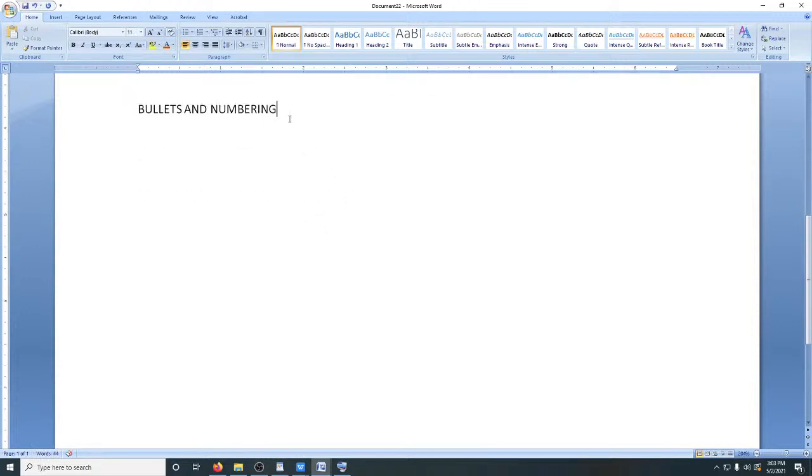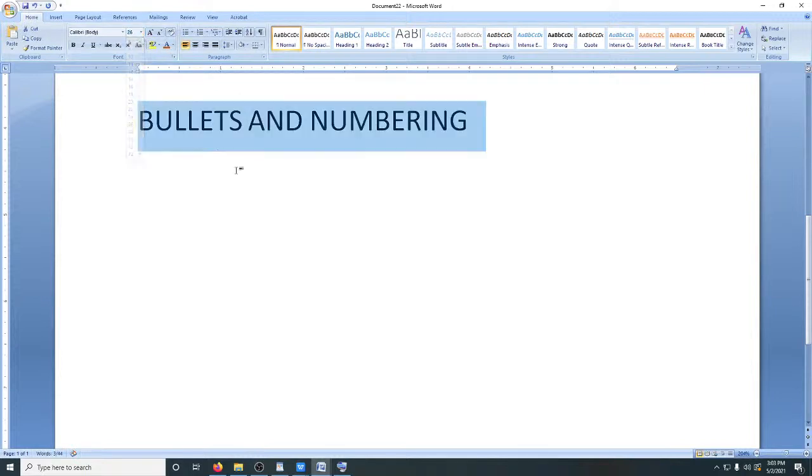Bullets and numbering. Changing this to something bigger. Bullets and numbering enables us to create outlines of different items to create a standard list. Take for example, if I need to make a shopping list of books,